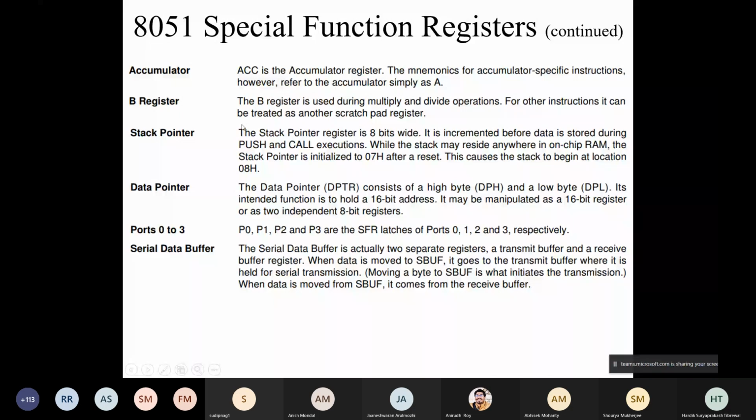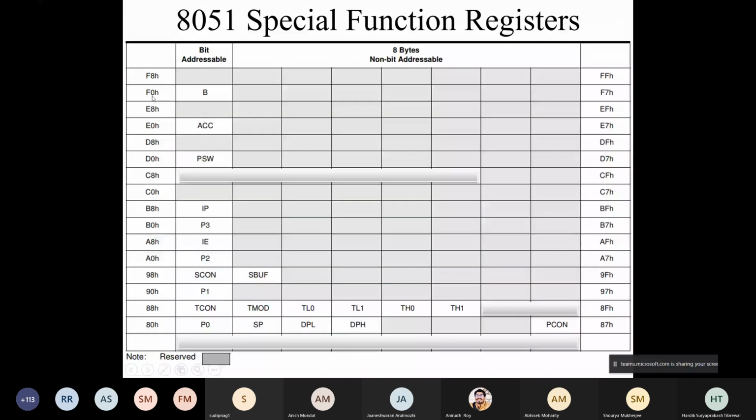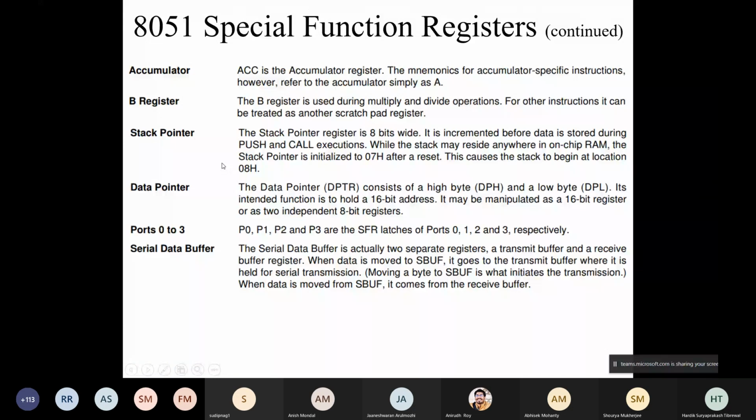So actually for this mnemonic, whether accumulator or B, whatever you call it, there is the address. That is the most important thing. But remembering those addresses is tedious, and that's why names are given. Remembering names is easier. That's the reason why even today modern microcontrollers give names to the registers or other blocks, but there are addresses in the background. So B register is another important register which is used typically for various operations, including multiply and divide. And all these SFRs can also be used as scratchpad register.